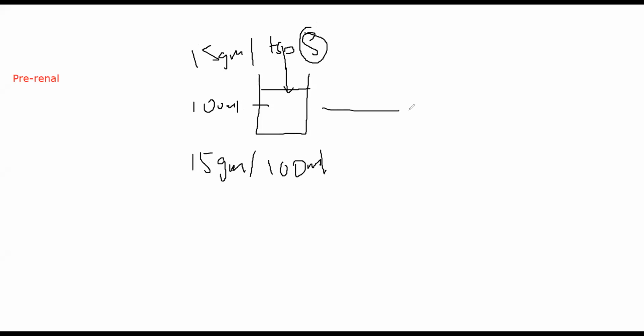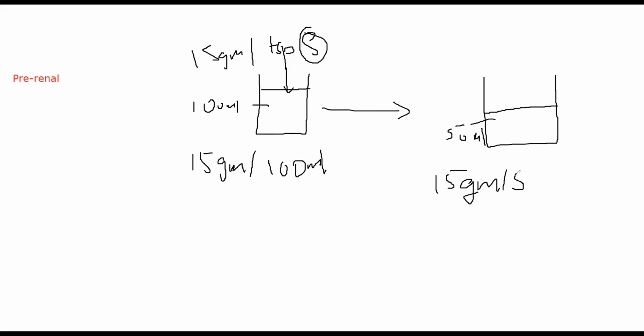Now, if I dry this water out, if I decrease the volume of water by heating it or by some other means, I'm not decreasing the amount of sugar, I'm simply decreasing the volume. So let's suppose I have made it 50 ml now. But the amount of sugar that is present does not change because sugar does not evaporate. Meaning I have essentially doubled the concentration. Another way of writing the same thing is I have 30 grams per 100 ml.